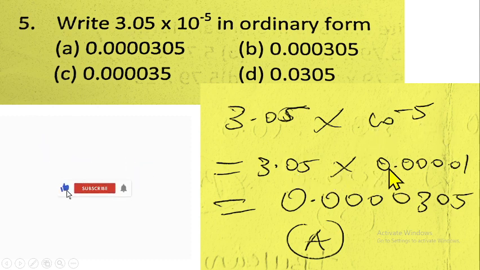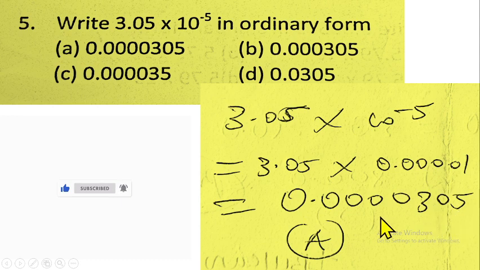But if you don't understand that, you can change this 10 raised to the power minus 5. So that will give us 1 over 100,000. Pardon me for that. So if you do that, that should give us 0.00001. So this 10 raised to the minus 5 will give us 0.00001. Then if you multiply this by this now, that should give us